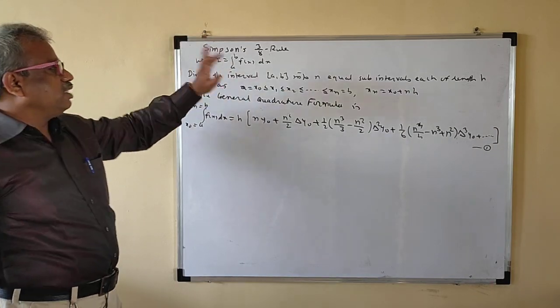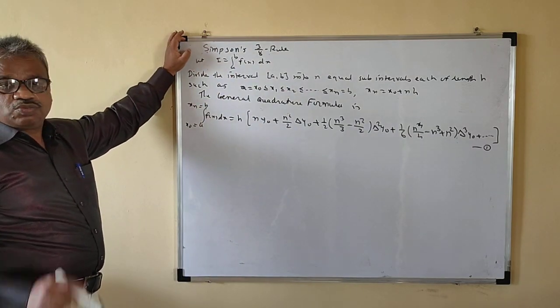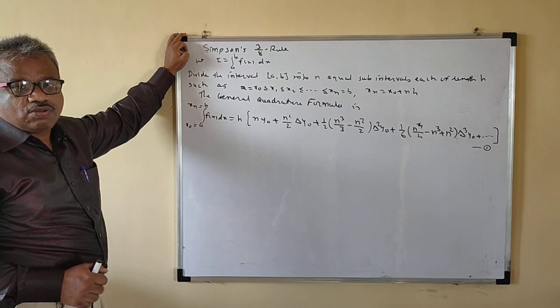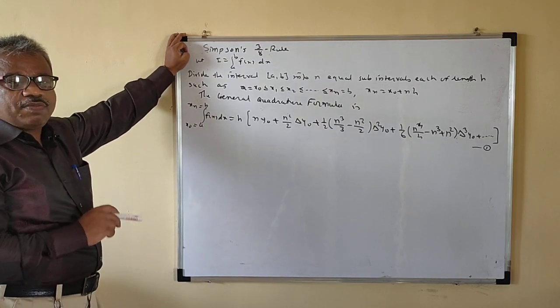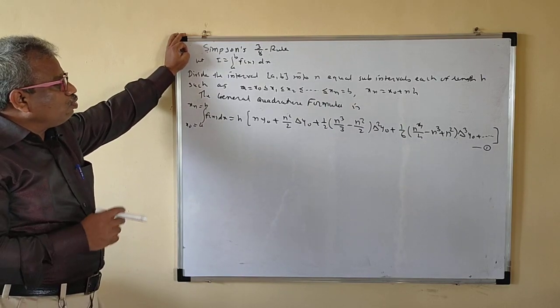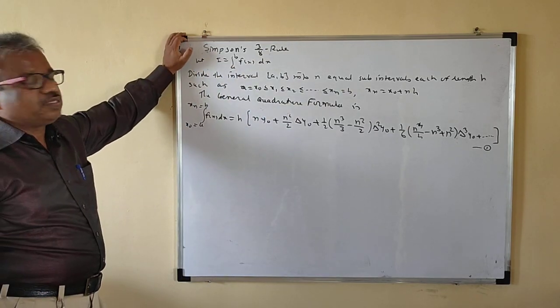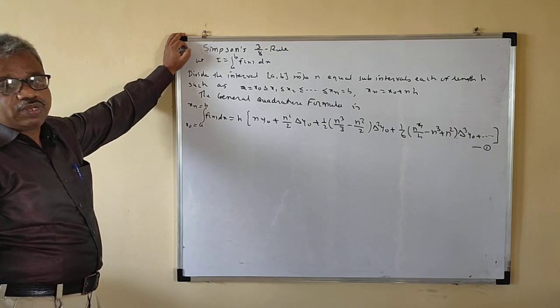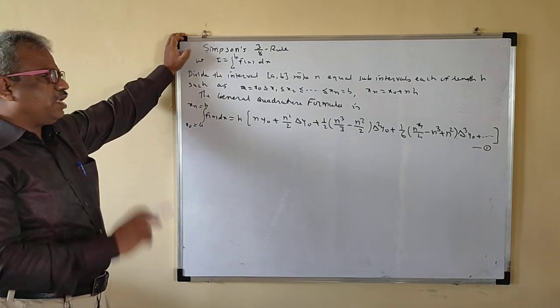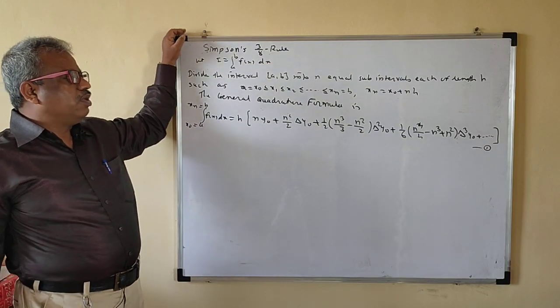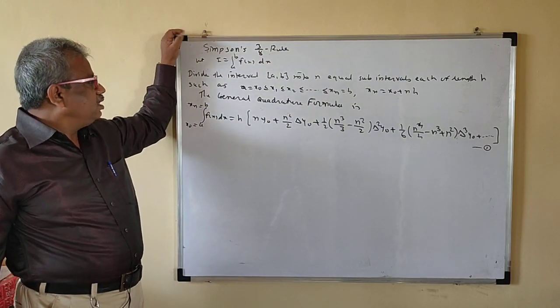Let I be equal to the integral from a to b of f of x dx. We want to evaluate this integration with the help of the Simpson's three-eighths rule. So for the integration from a to b of f of x dx, we have to derive the Simpson's three-eighths rule. Divide the closed interval [a, b] into n equal subintervals each of length h,